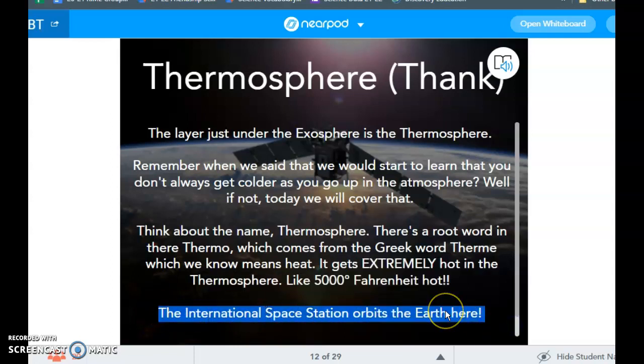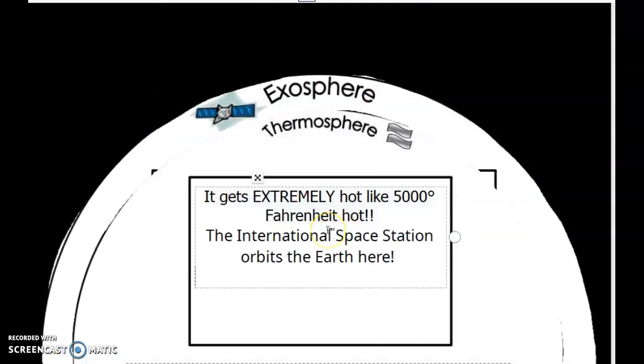I think this is very important. The International Space Station orbits here. So I'm going to come back into here, put that into my notes. The International Space Station. Somebody said, can I put ISS? If you know what that means,